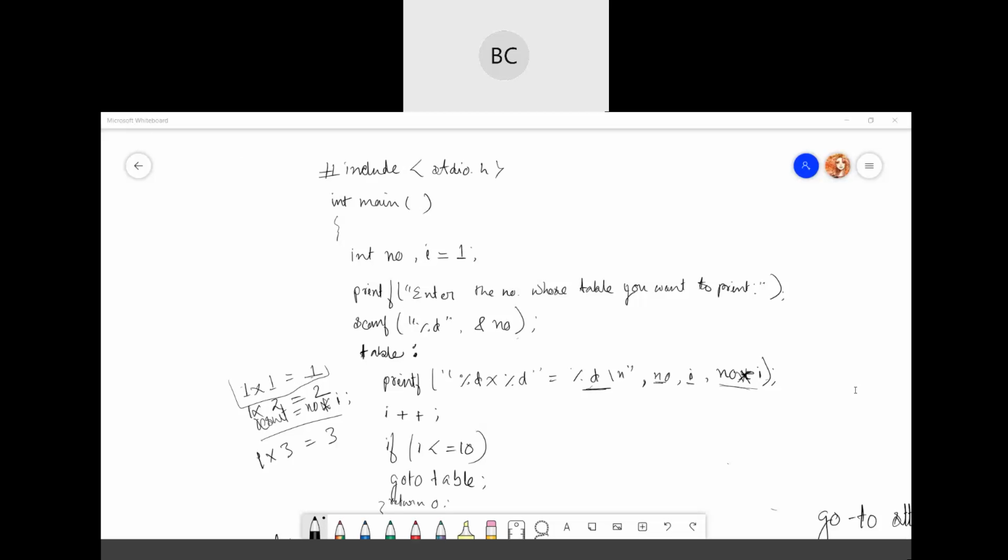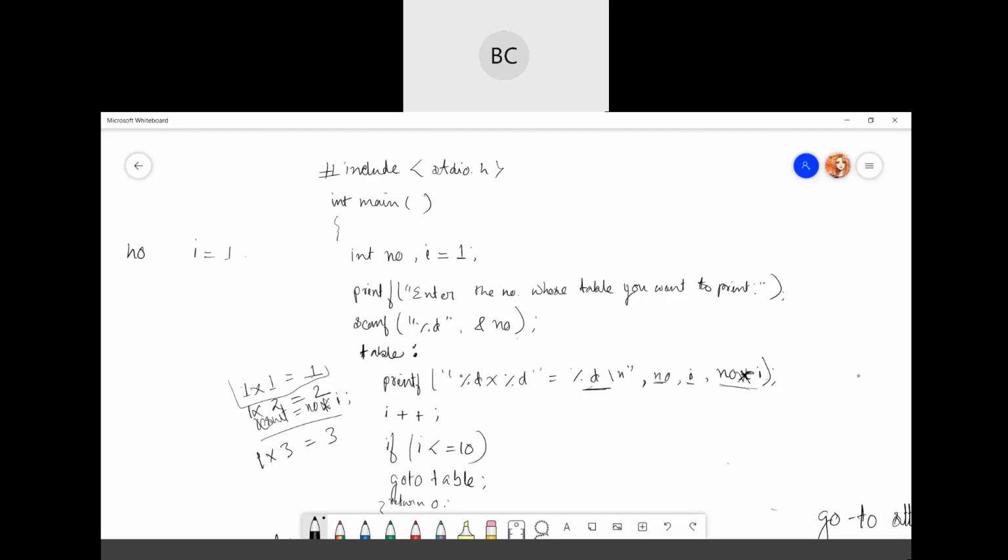If I less than equal to 10. See, what are you printing here? Then you have another variable I and you say I equal to 1.